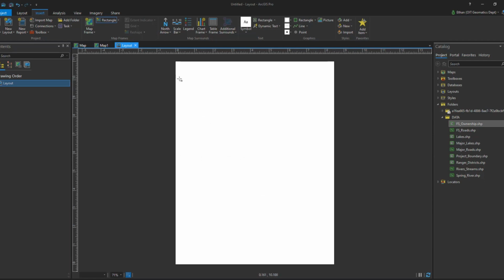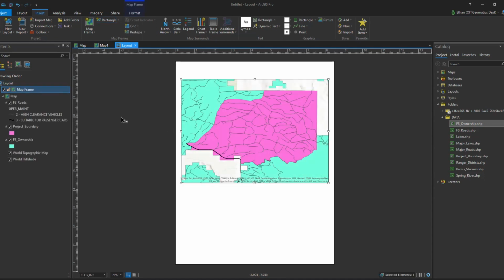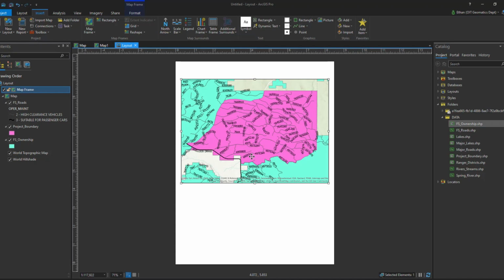Okay, so to do that I have to draw a rectangle, and you can set this up however you think it looks good, but I think that's going to look pretty decent. So I'm going to draw there. You'll see it adds that map to it. And now the thing that I think is a little bit hard to wrap your head around, and I'm still getting used to this because I'm used to the old program, which made maps quite a bit differently, is in order to change